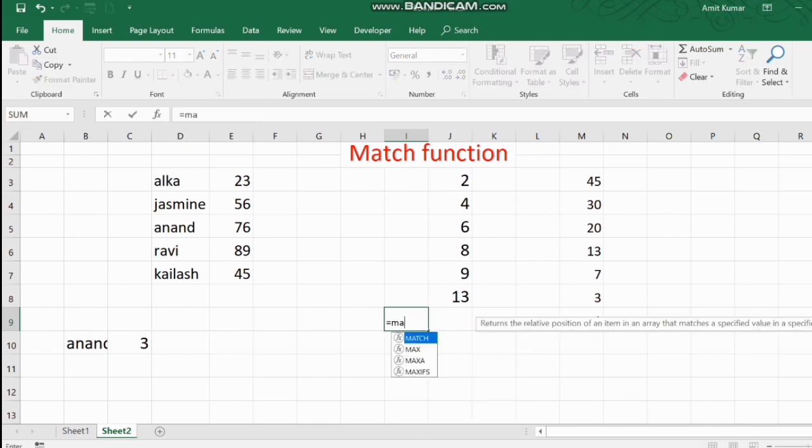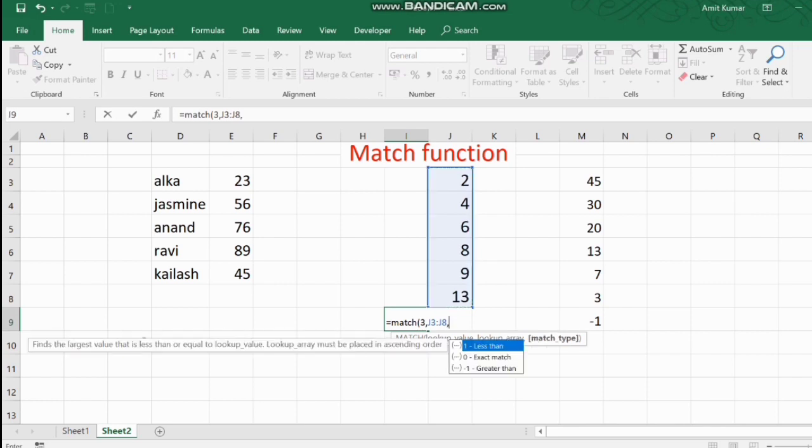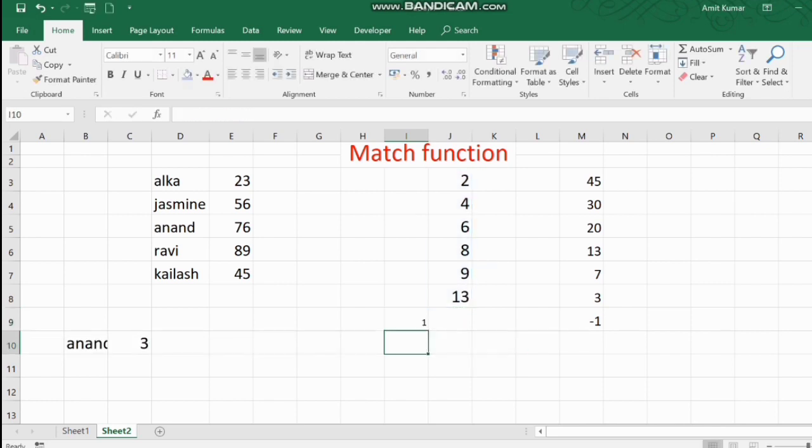Again MATCH, lookup value. Our lookup value is 3, comma, the array, comma, 1, bracket close and enter. 1. Okay, why is this 1?